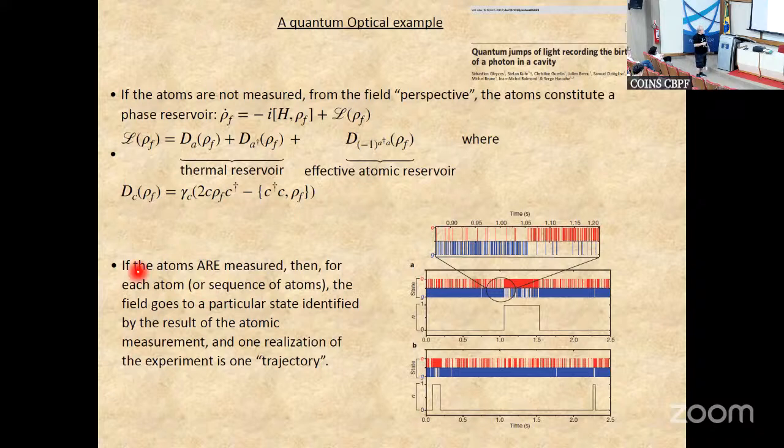But now they are measuring the atoms, right? And what you are seeing here is like this. A bunch of atoms in level G means that you are collapsing the field into 0 photons, and then eventually a thermal photon gets inside the cavity and you start collecting atoms in the E level. Then the thermal photon leaves the cavity, and you get back to collecting atoms in the G level. So here you got a jump. Here the state of the cavity jumped from 0 to 1. Okay, that's a jump. We can discuss this later as well.